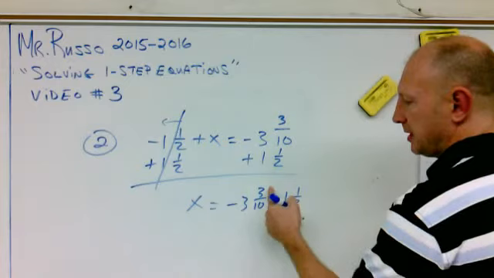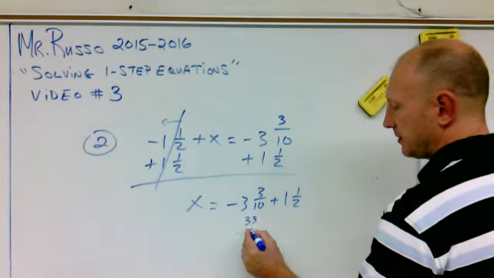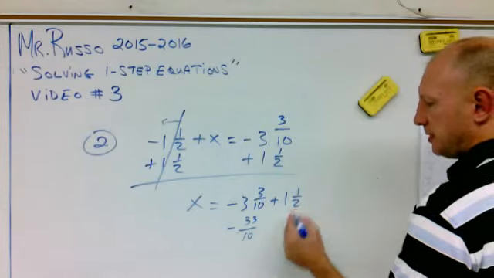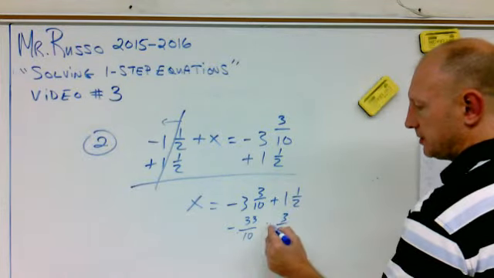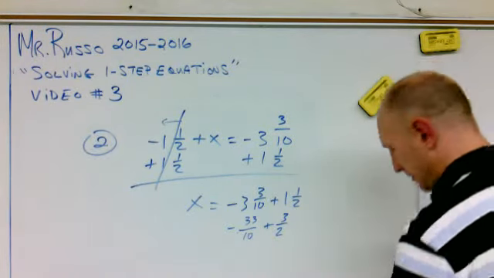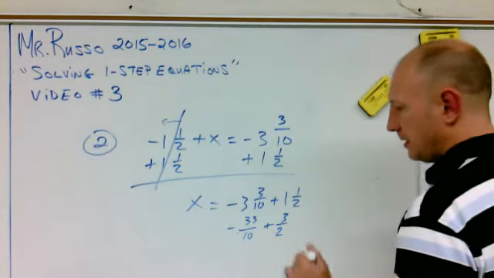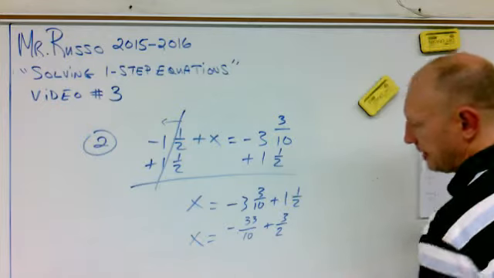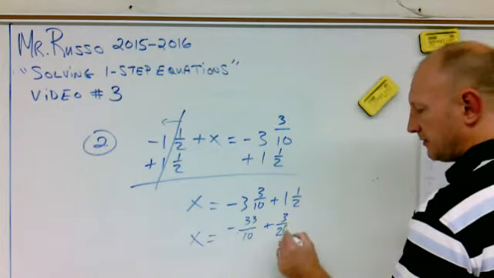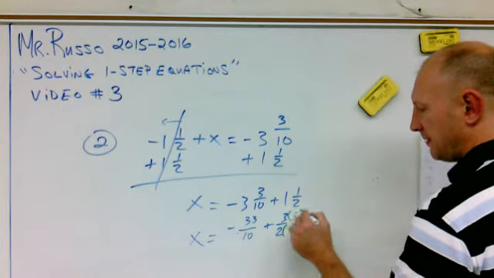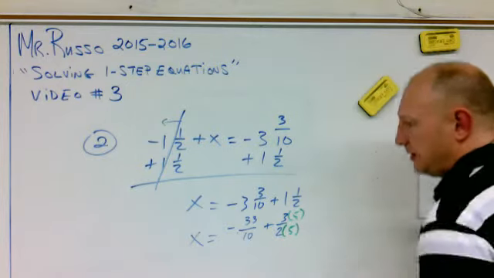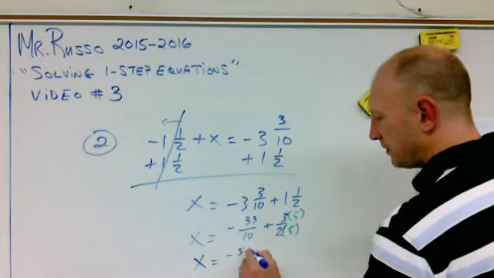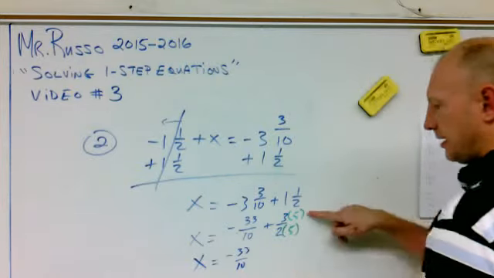3 times 10 plus 3 is going to be 33/10, and it's a negative. This is 2 plus 1 is 3, so 3/2, and it's a positive. I need my common denominator. So this is going to be x equals all of that, and they both go into 10, so I have to multiply this by 5, and I have to multiply that by 5. And then I'm going to have x equals negative 33/10 plus